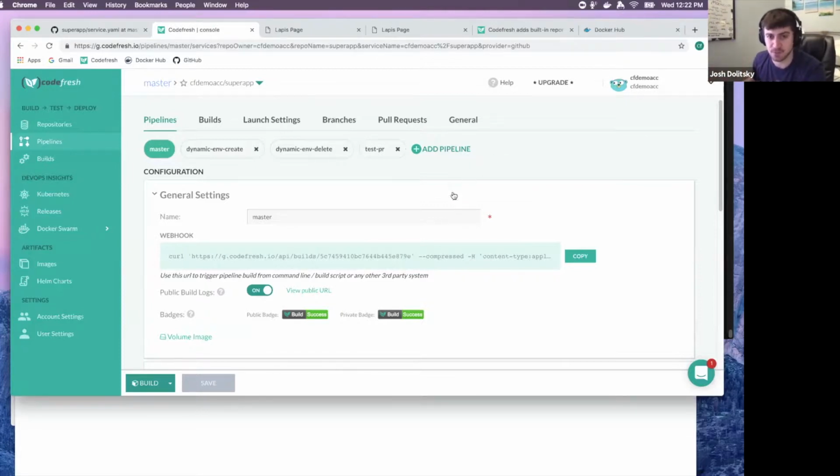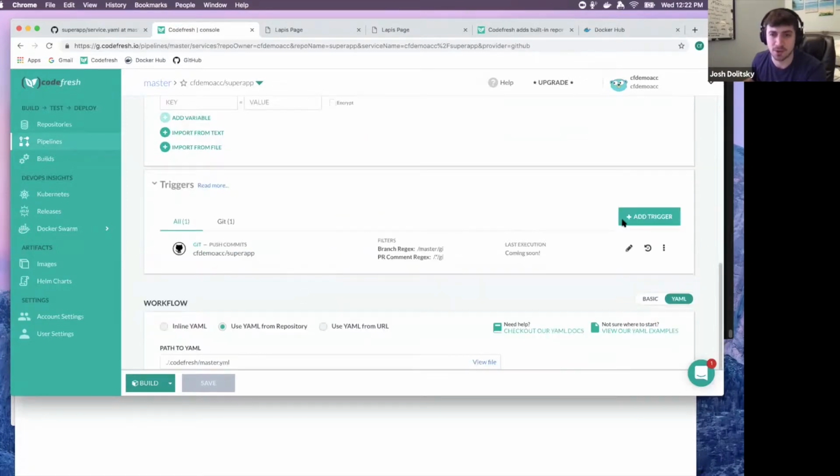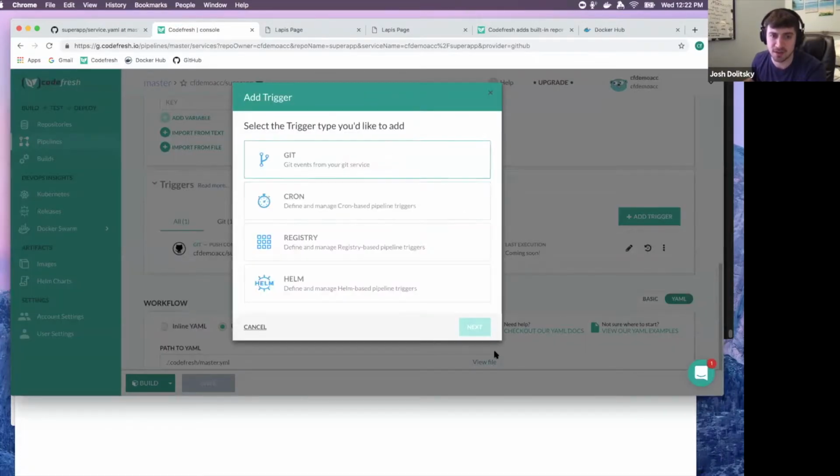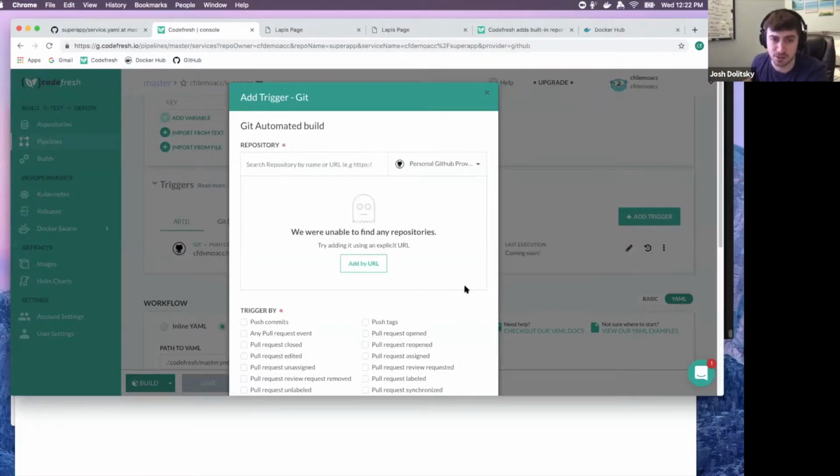Like typically you see, I check into master, run this build. That's the baseline example that Codefresh gives you. However, you can set up different things based on different actions. So to walk you through some of the things that Codefresh allows you to do